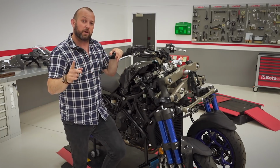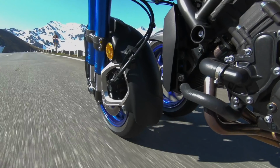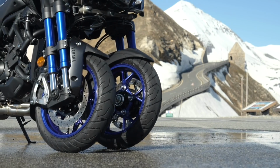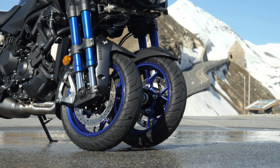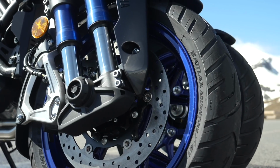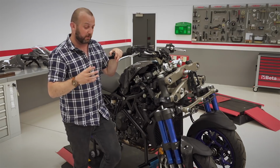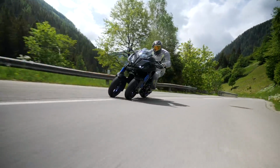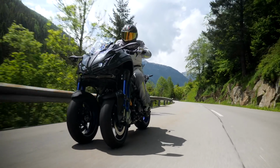Now, there is one other thing that we need to talk about when we're talking about this front end, and it's the brakes. The brakes on this bike are compromised by those 15-inch wheels. There's a little bit of a feeling that the increased weight that this whole system has at the front is also handicapped somewhat by the size of the caliper and the discs that are used to slow it down. Remember, this is a 263 kilogram bike, so it is a hefty old bear. But I think the confidence that this inspires in you by far outweighs the somewhat limited nature of the brakes